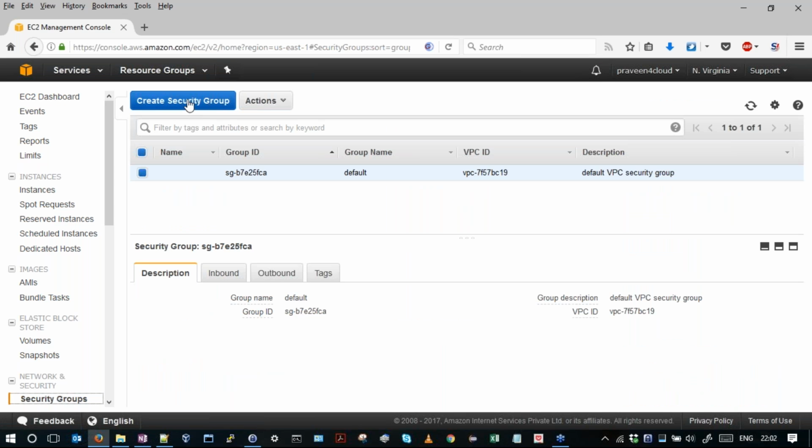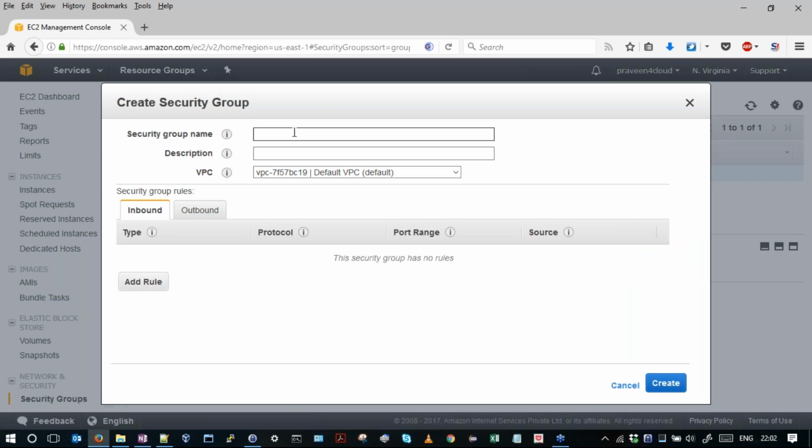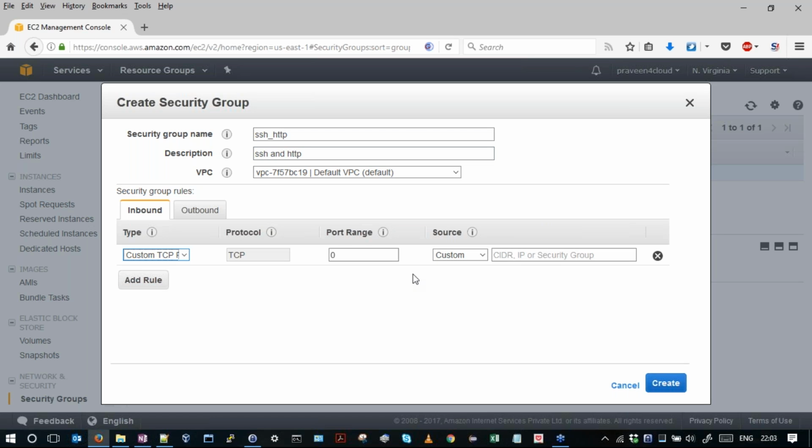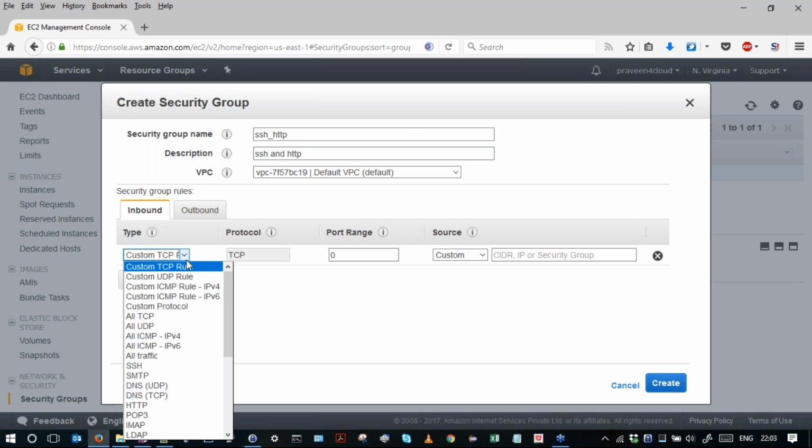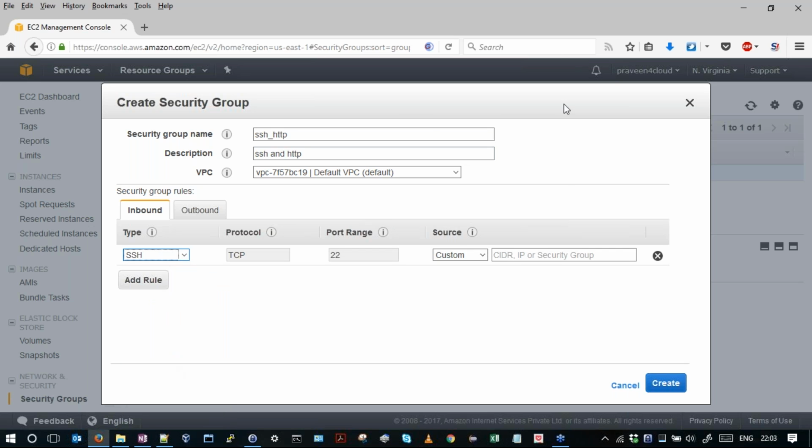Here we will create a new security group. I'll name the group SSH and HTTP because we are opening up ports for SSH and HTTP. Here we need to specify which ports we want to open. For SSH, I specify that anyone can connect to it.